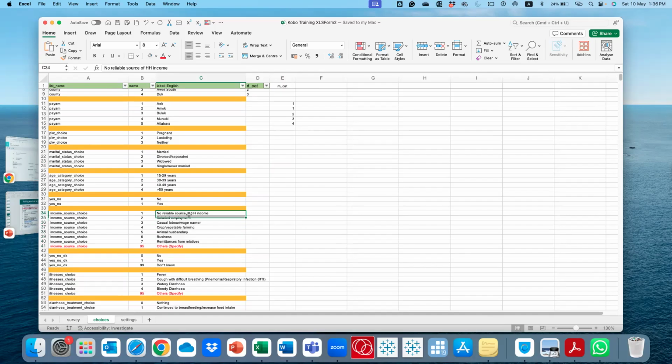Where the respondent selects that and then selects another option, it becomes very difficult for you to interpret. For example, if they say no reliable source of income, and this is a multiple selection question, and then they select two and three as well, how will you analyze this? It becomes difficult, unless you go back to the enumerator.